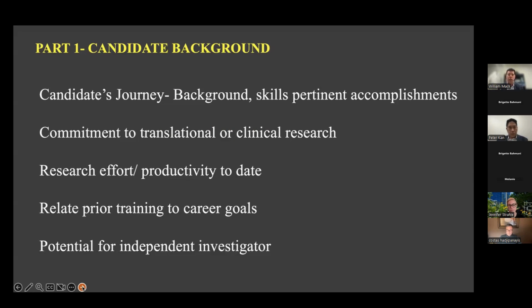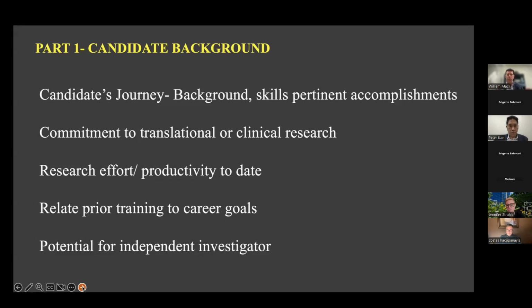You're going to include preliminary data in your grant. This is where you include your preliminary research experiences, whether it's working in a lab or the training that you got. And here's how you lay out what you don't need to learn. If you have a PhD or if you have an advanced degree in statistics or epidemiology, that might not be where you need to focus on your career development award.